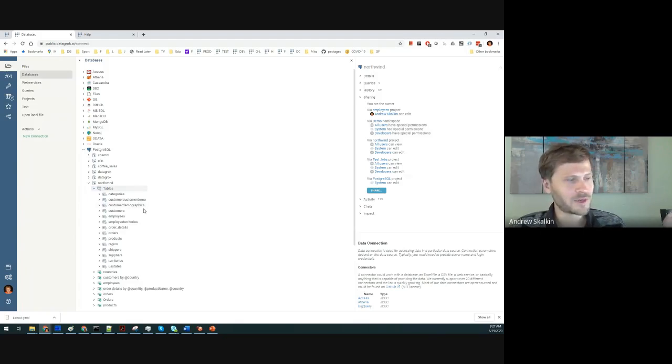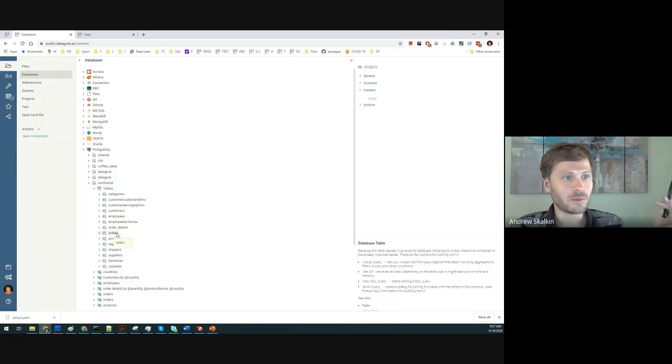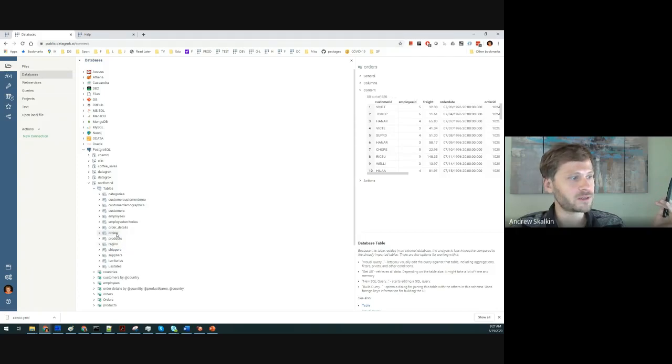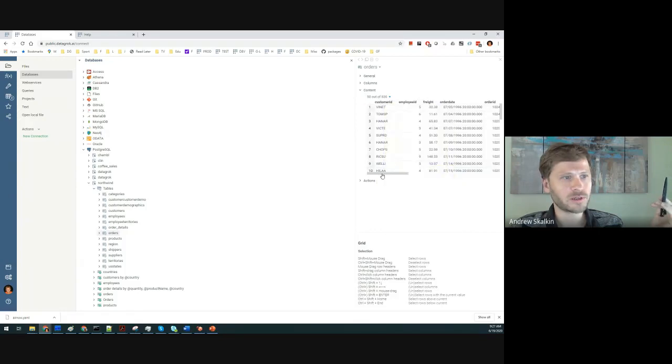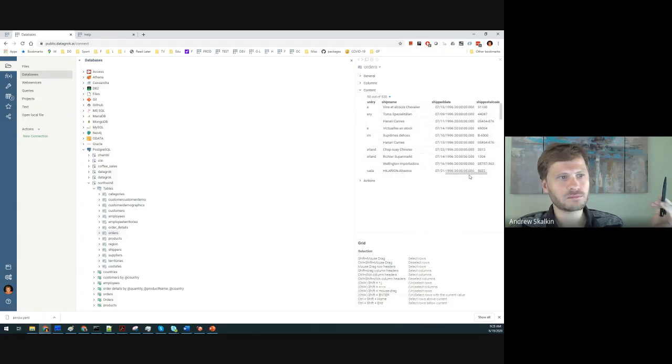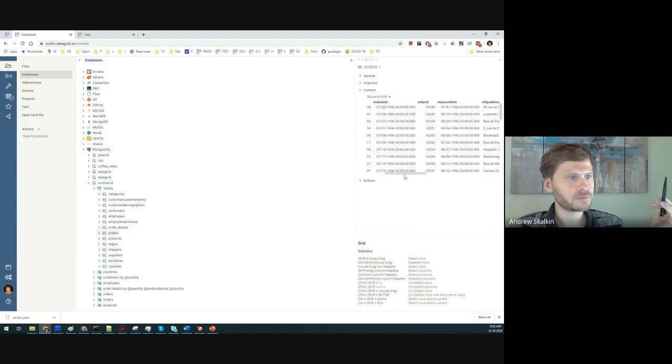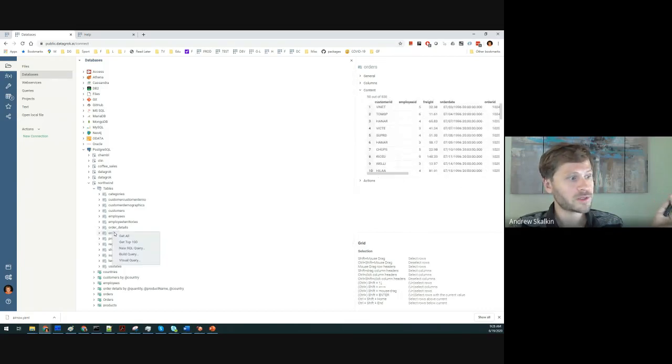It's a database representing some sort of sales, customers, orders, very typical for relational databases. So we will do a couple of visual queries against that orders table. This is how it looks: some customer IDs, dates, order IDs, countries, cities, and so on. Let's right-click on it, and we'll do